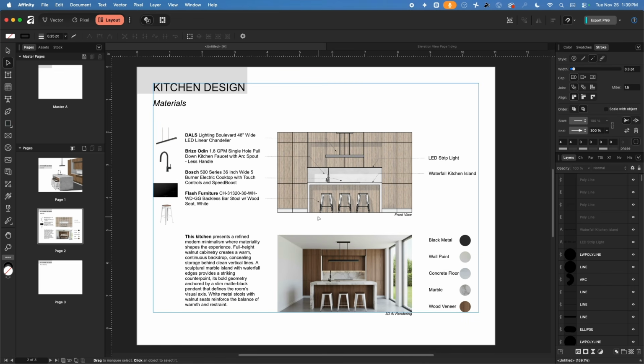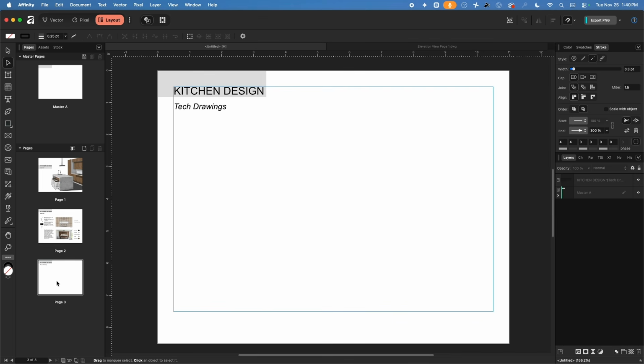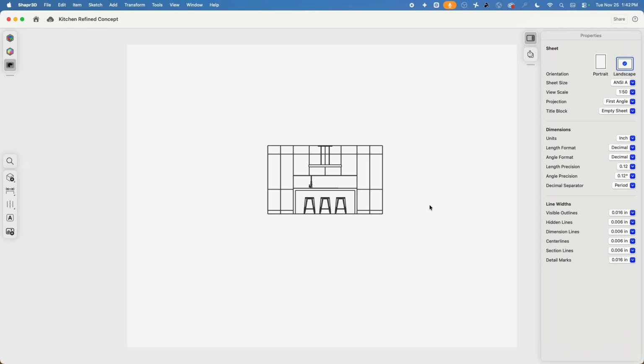And I would say with this, our second page is done. Let's go to the third page. For that, we need to meet in Shaper again because we need to create all the technical drawings now. So here we are in Shaper 3D. I'm back inside that original drawing and we need to create more views, which we then can map onto our